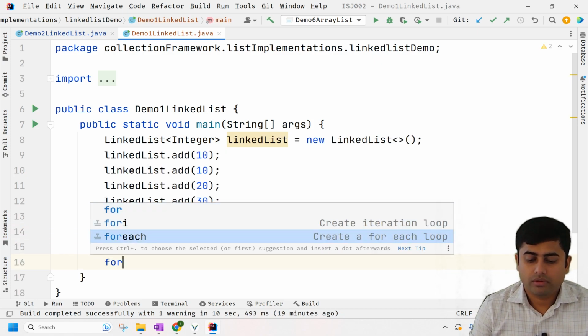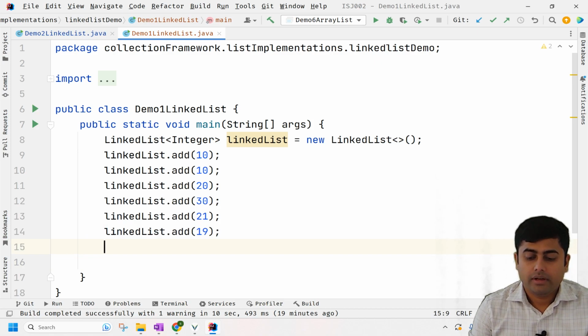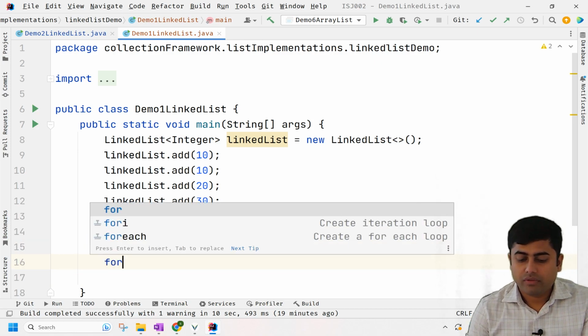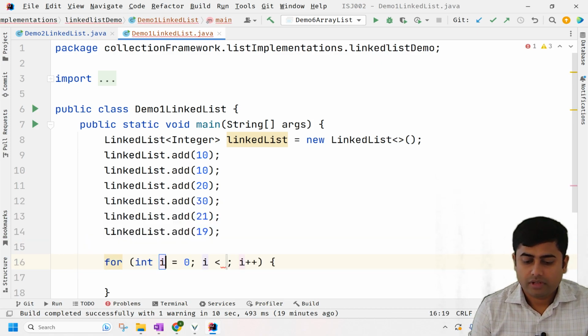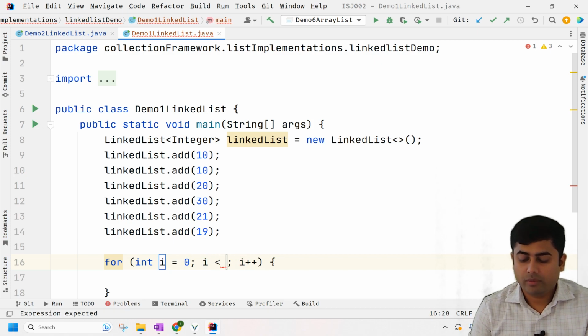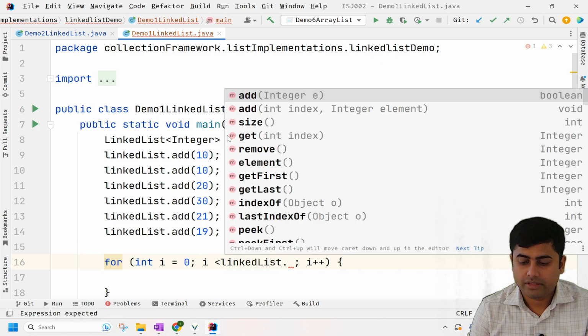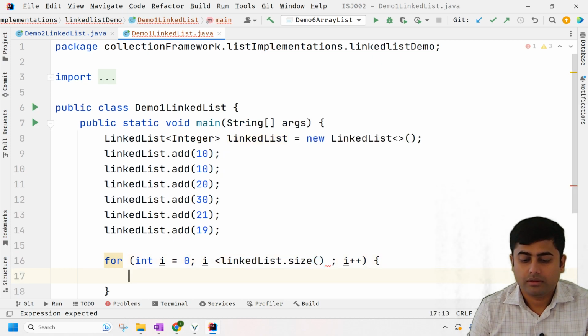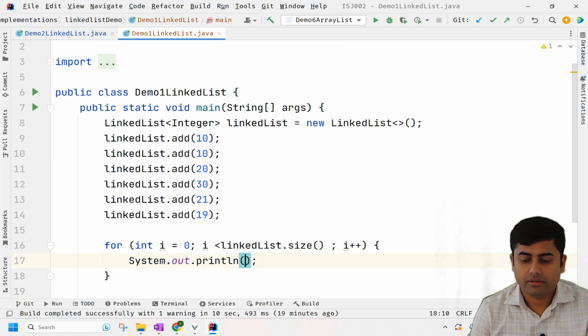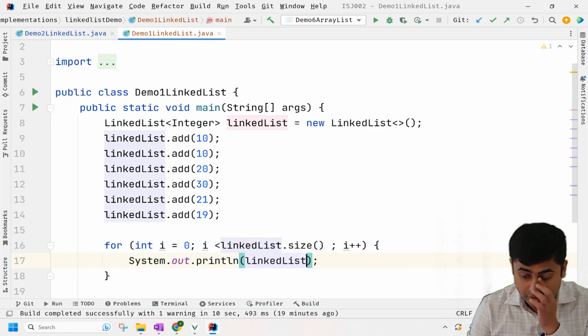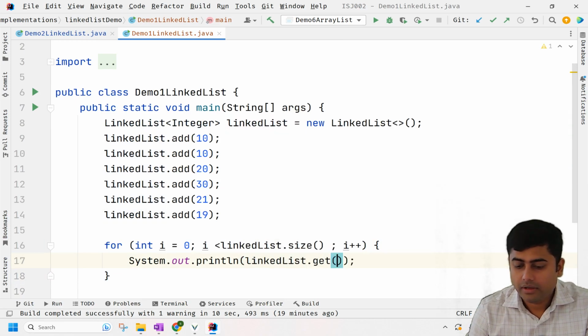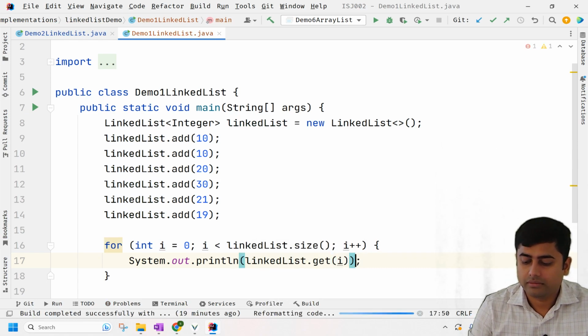So I want to, let's say, read all the elements one by one, we can use the for loop also। So I will start from 0, and it will be linked list dot size method, and you just get the element, linked list dot get, and then we specify the i।